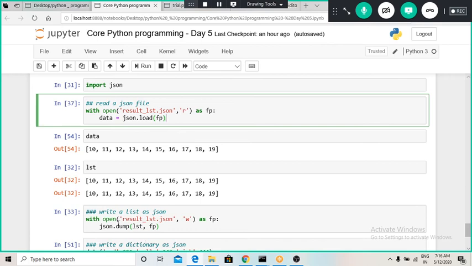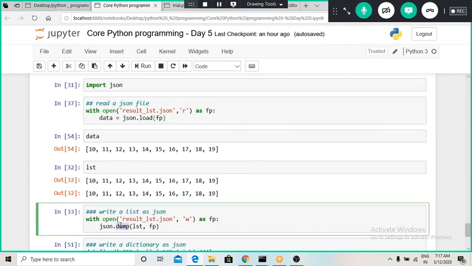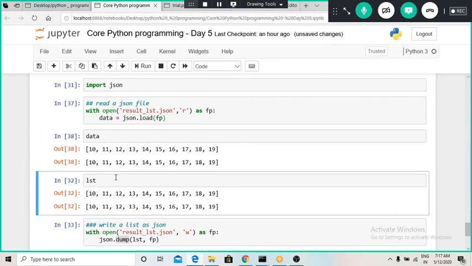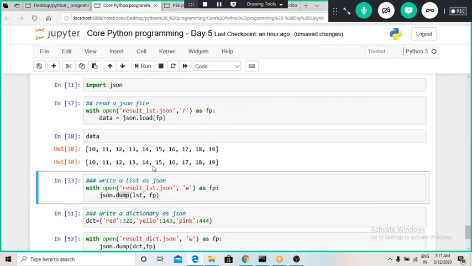That's why there was this command json.dump, and this command helped us to write this particular file. Whenever we import this particular data, we can see it is the same data that we had stored in this list format.